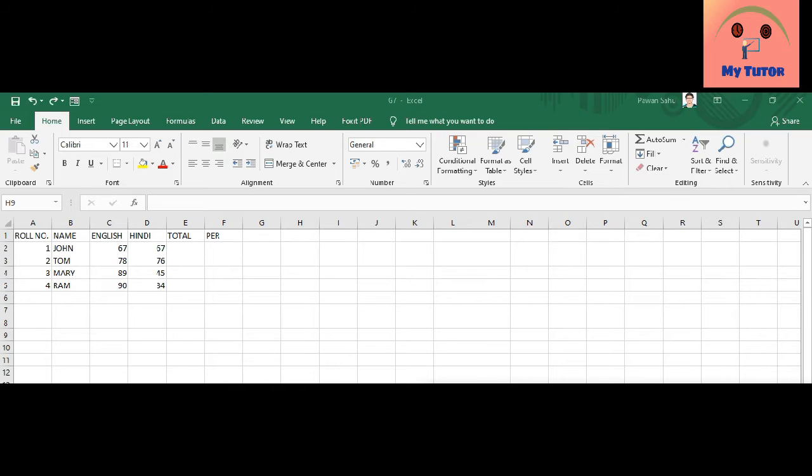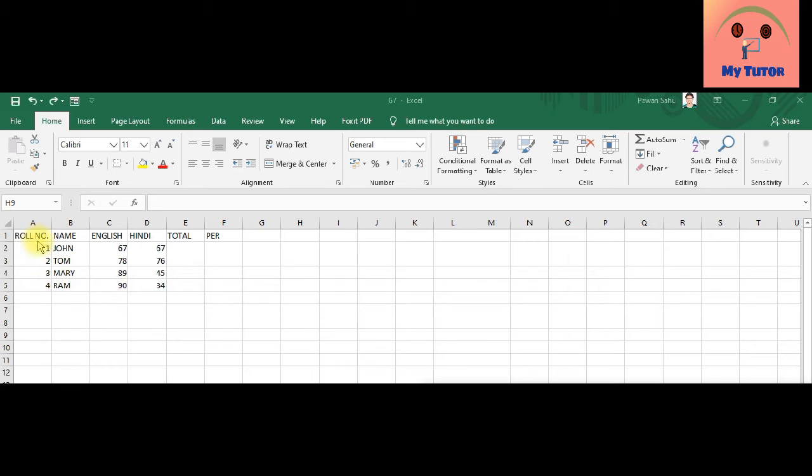In other formulas, what we did is apply a formula to get the result on the basis of a given input. But with this goal seek function, we know the result and we want the input, on the basis of which the result will come. So let's see how it works.